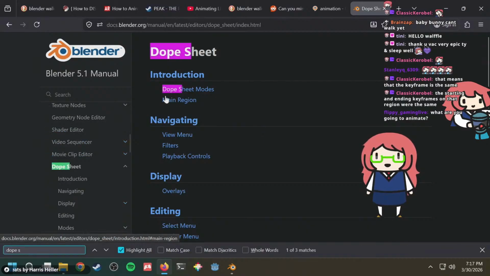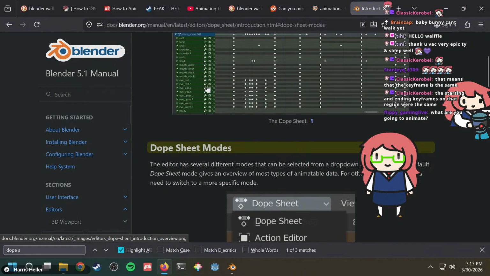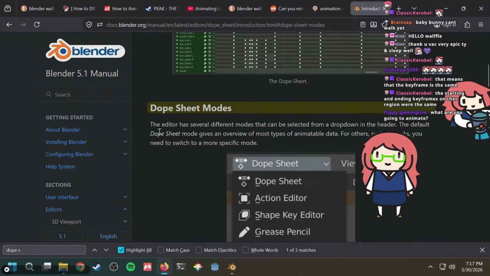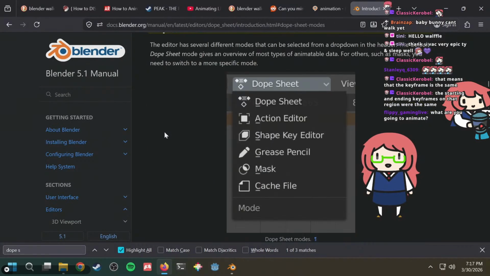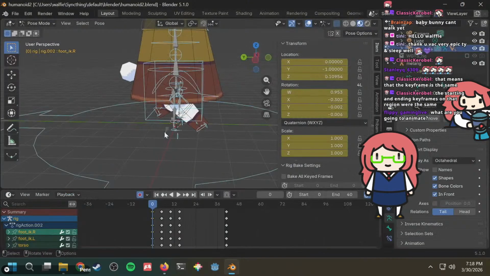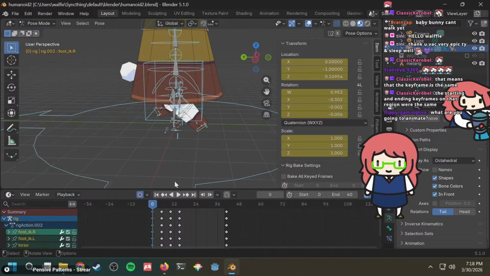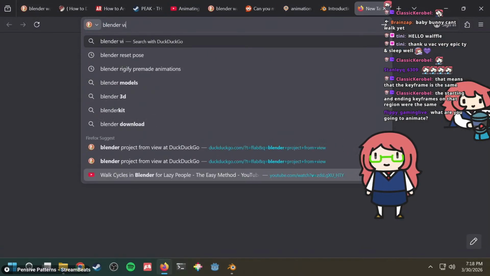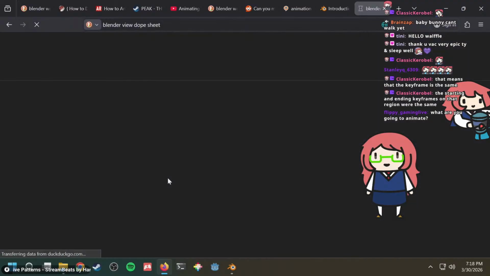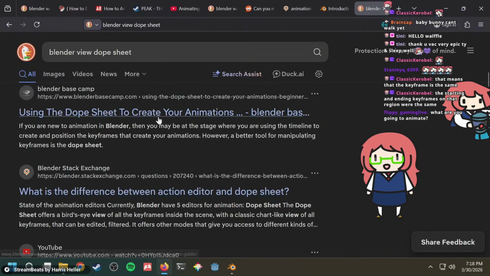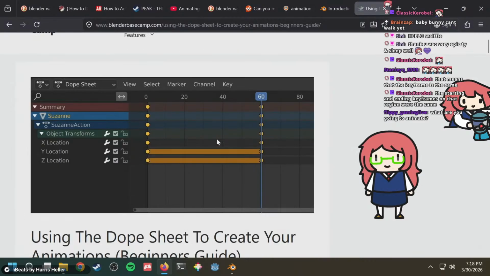Dope sheet. Is this different? Bird's eye view of the keyframes inside. Wait, that's what I wanted. That's what I wanted. How do you enter dope sheet mode? Blender view dope sheet. Using the dope sheet.